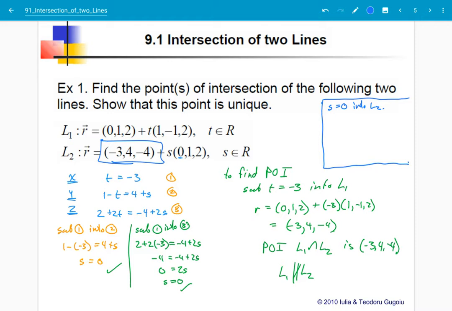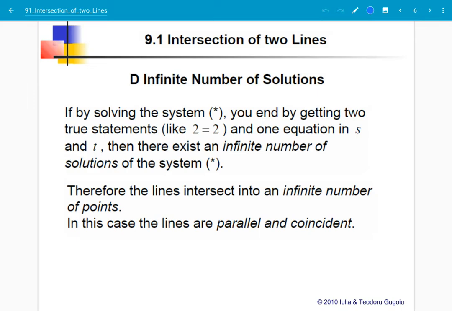That reference point in line 2 is actually the point of intersection in this example. Okay, the next case, infinite number of solutions. So that means parallel and coincident. And you're going to get some true statement like they're showing there, 2 equals 2 or 0 equals 0. That means it doesn't matter what the value in S and T are. There is an infinite number of points, so S and T can be anything at all, and it will still